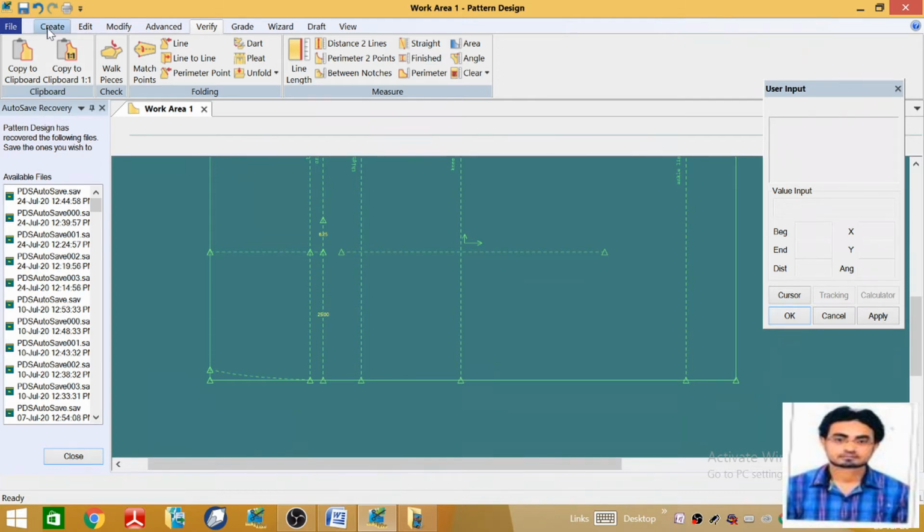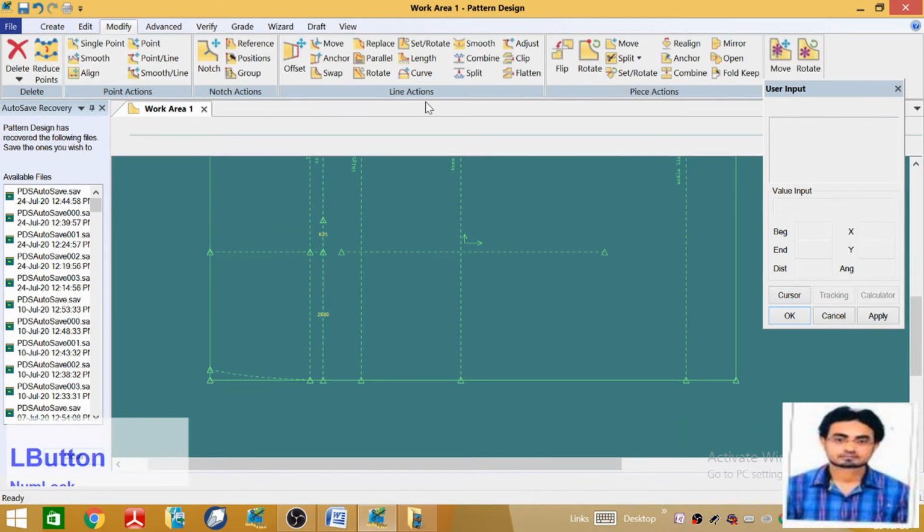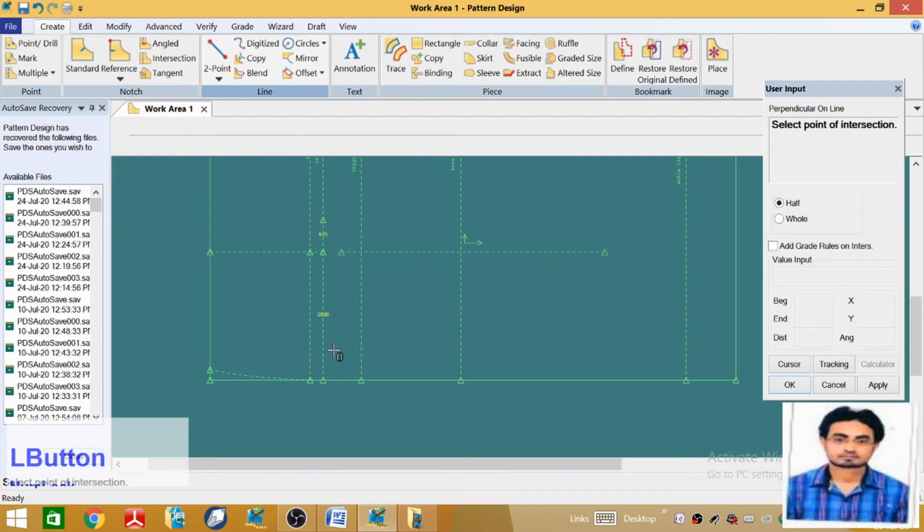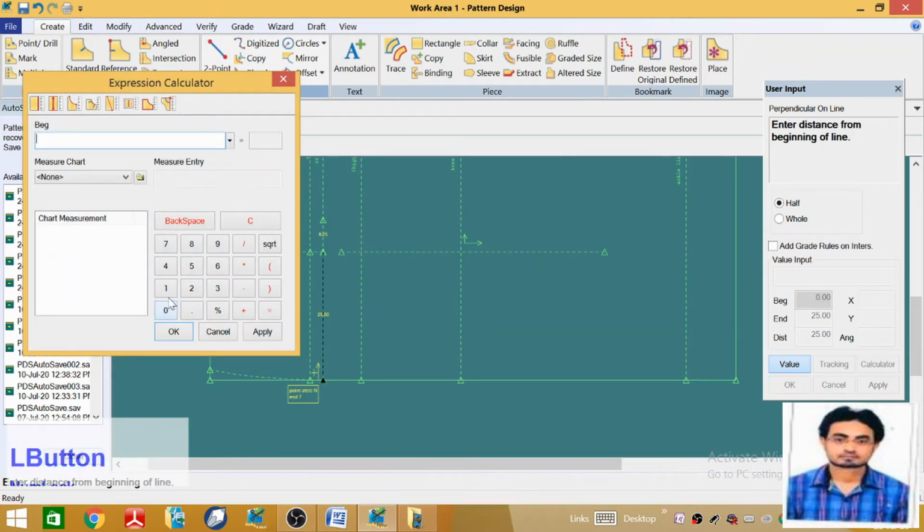For that purpose we have to go to the Modify Split, or we have to go to the Create 2-point perpendicular on line, and now we have to come to this crotch end point, and we have to go to the calculator. 31.25 divide by 2, and then